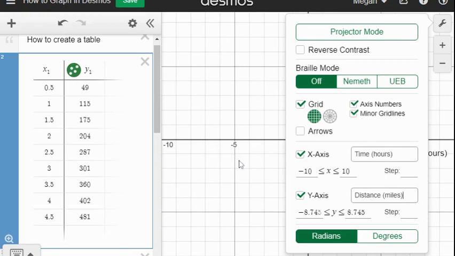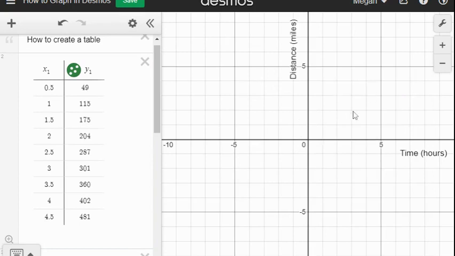Now that doesn't fix the being able to see the points yet, but now you can see that my axes are labeled. The one failing that I have not been able to rectify in Desmos is being able to put a title right on the graph. You can title it over here,